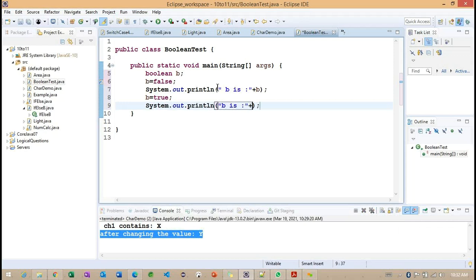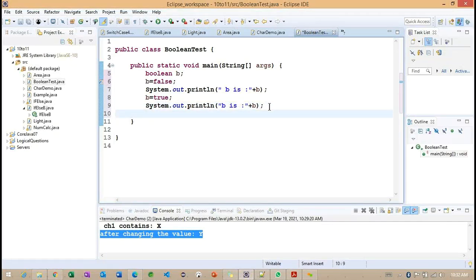B is something called b. Okay. So what is the output we are going to get? The line number 7 as well as line number 9 here. Line number 7 output will be true. Okay. False, true. Okay. False and true.